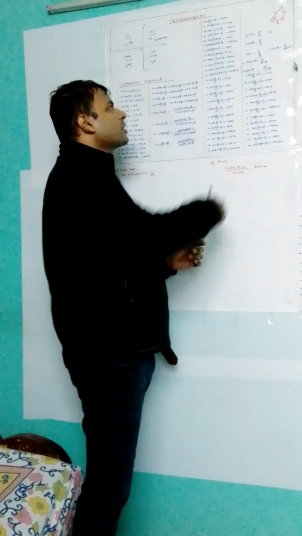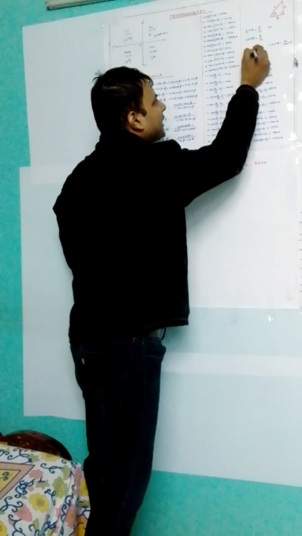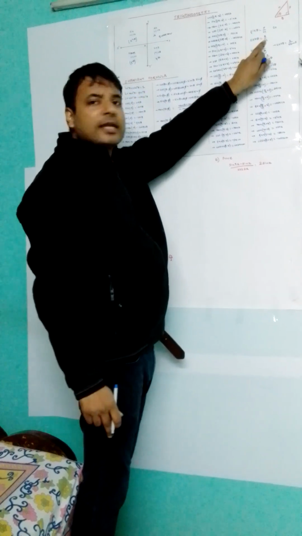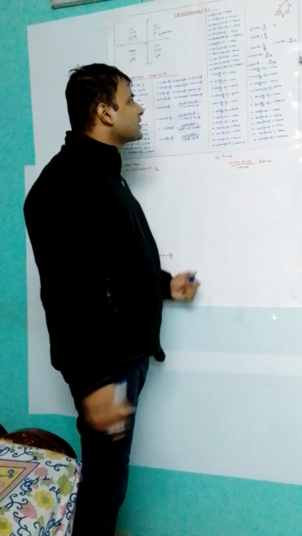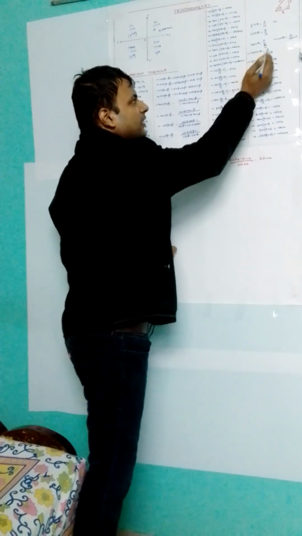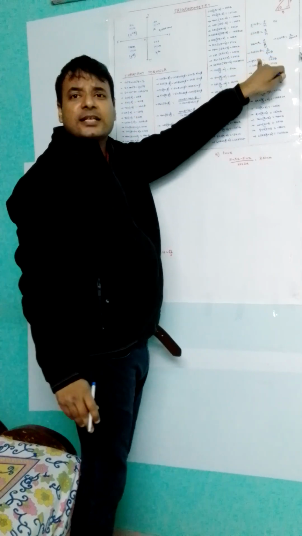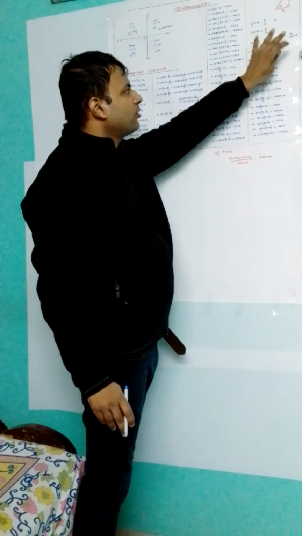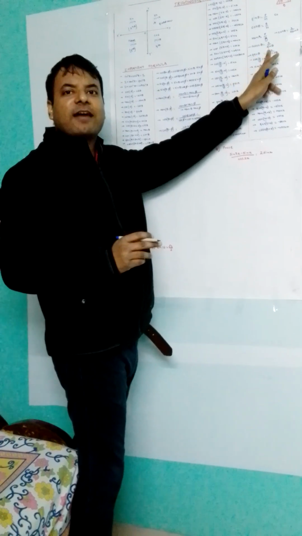Now the first thing which you have to understand is sin theta, cos theta, and tan theta. Sin theta equals perpendicular by hypotenuse, cos theta equals base by hypotenuse, and tan theta equals perpendicular upon base. There are three more relations which you have to understand: cosec theta, sec theta, cot theta. Cosec theta is the reciprocal of sin theta, sec theta is the reciprocal of cos theta, and cot theta is the reciprocal of tan theta. So these six relations you understand. You have read this in the previous class also, I only revised this thing.